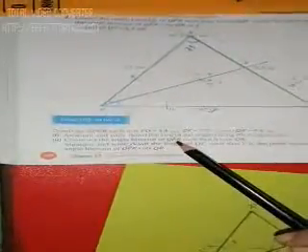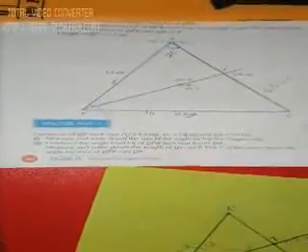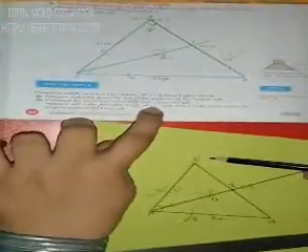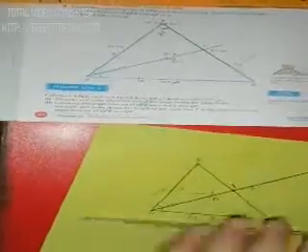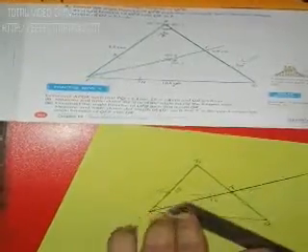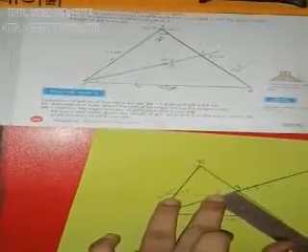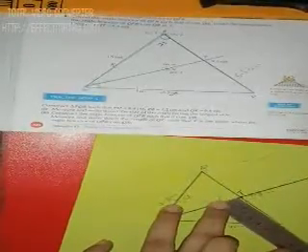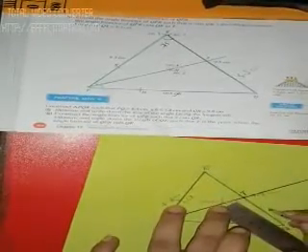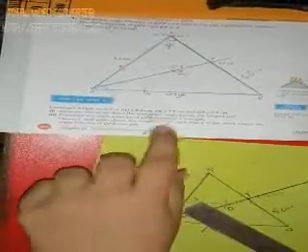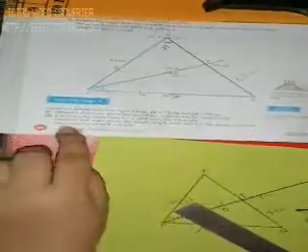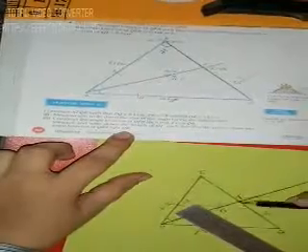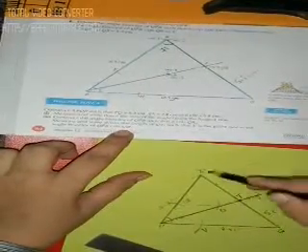According to what is given, construct the angle bisector of QPR. We have done it such that it cuts QR. See, it cuts QR. And measure and write down the length of QT. Now what we have to do? We have to measure the length of QT. Let's measure it. QT is 5 centimeter. Yes, this is 5 centimeter. T is the point where the angle bisector of QPR cuts QR.